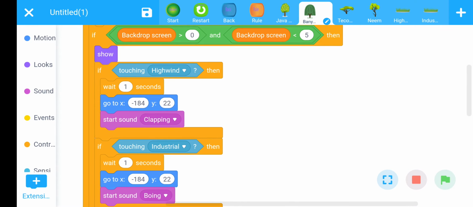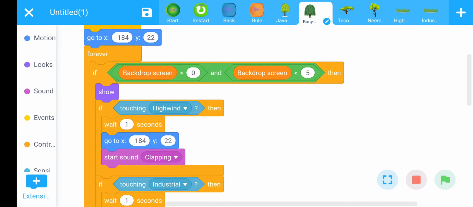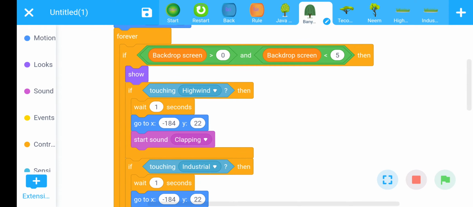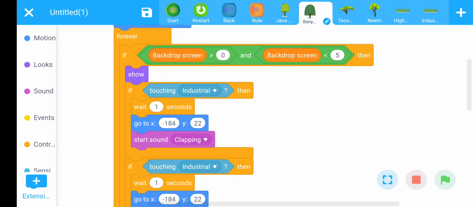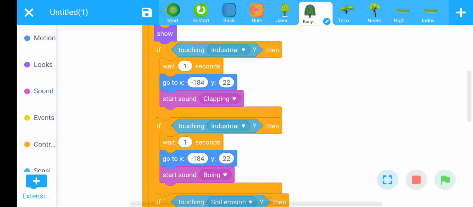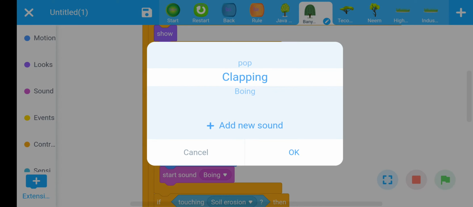One more thing, for banyan tree, the right option is industrial landscape. Then replace high wind landscape. Look here, replace high wind landscape with industrial landscape. And also add clapping sound here.